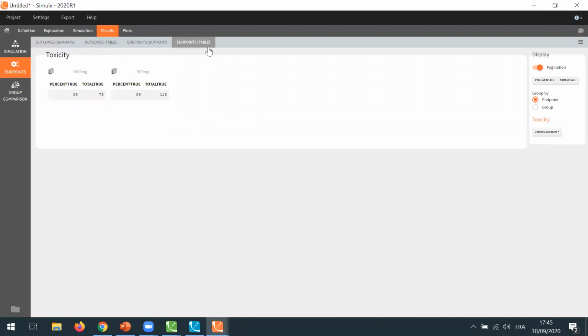And I have more or less the same information here in the table of endpoints, because the endpoint summarizes the outcome values in each group. So here I have a summary with the percentage of individuals for which this outcome stayed true, so the individuals that comply with the toxicity criteria, that do not reach the toxicity. And I can compare it across the two groups. So I see that indeed decreasing the amount from 1,000 to 900 milligrams increases the percentage of individuals that stay safe of